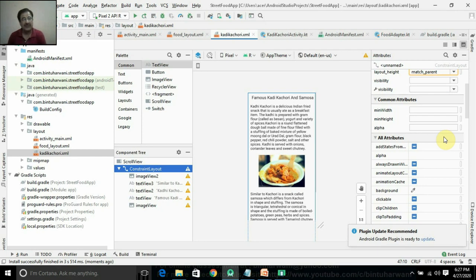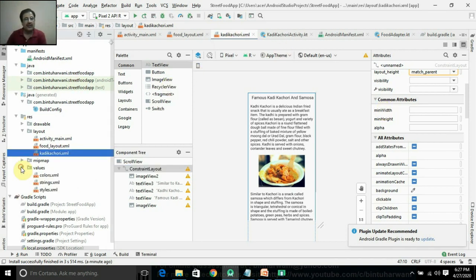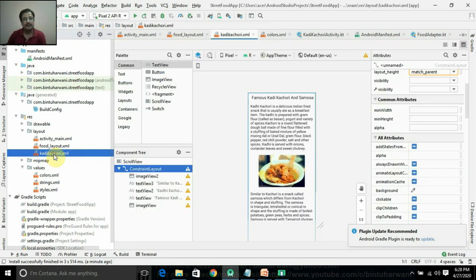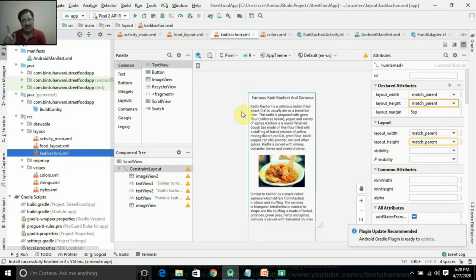If you recall from the first lecture, color accent is the color which decides the color of all the components of the app. Recall that we opened this color.xml file and these are the 3 colors: title color, the color of the status bar, and this is the color accent, which will be the color of the entire components placed on the app, on the layout, right? This color accent will be overridden by the specific color that you apply on the component. So I'll go to Kadi Kachori. If you haven't seen my first lecture, please view all my previous lectures. You'll be able to understand Android programming very, very well.